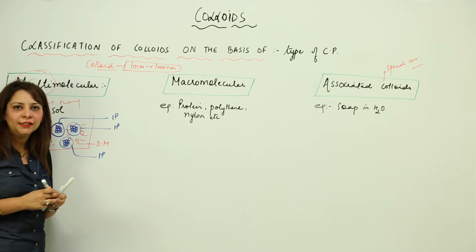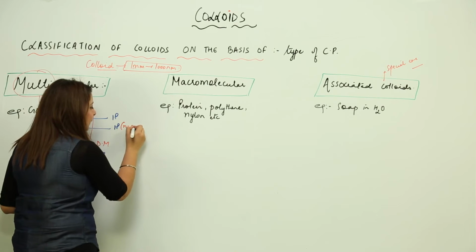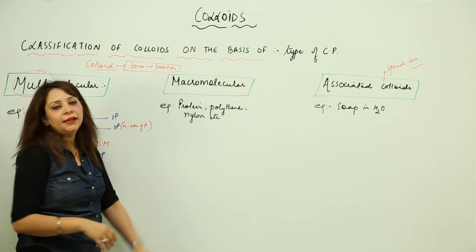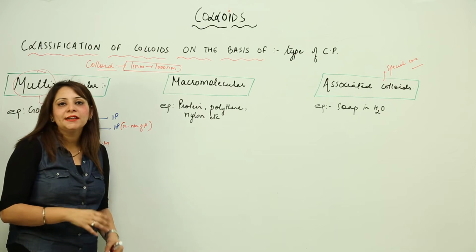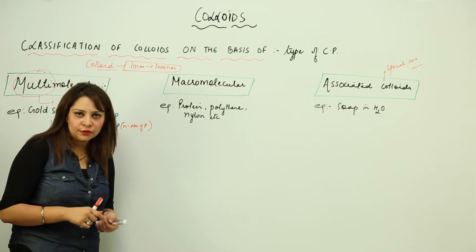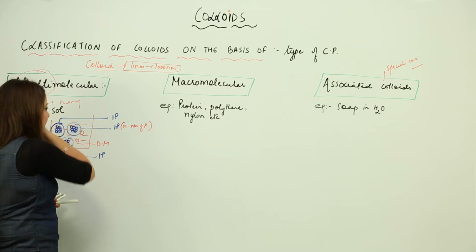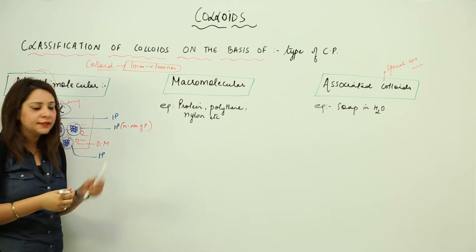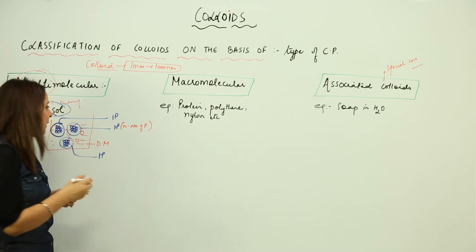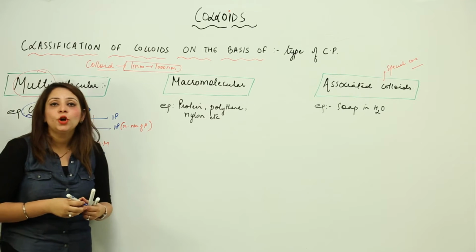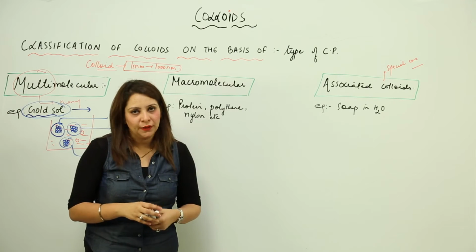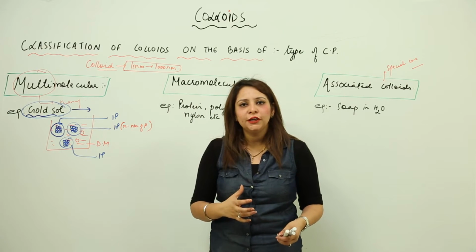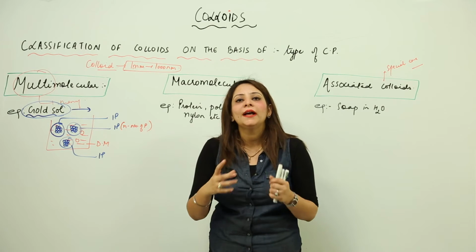And how are they formed actually? They are formed by n number of particles. They aggregate with each other to form this colloidal particle with a size ranging between 1 nanometer and 1000 nanometer. For example, gold sol. In gold sol we get to see the multimolecular concept. In this, many gold atoms cling to each other to form one colloidal particle. So this is what is called multimolecular. Multi means many molecules or particles clinging to form one colloidal particle.